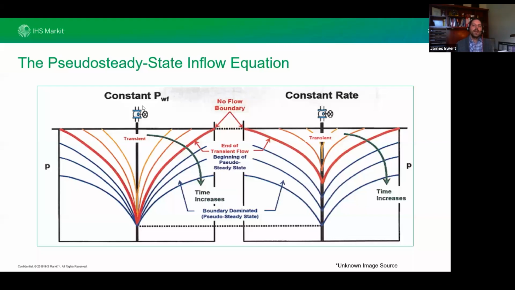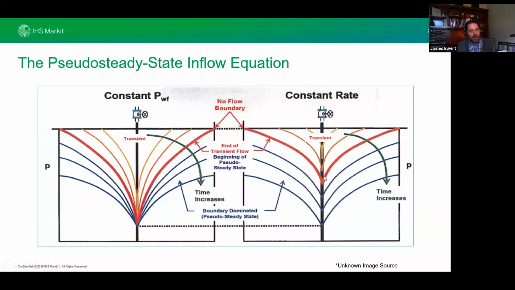Look at the constant rate system. The constant rate system appears to be more uniform. It appears to be more structured. And so let me describe to you what's going on there. In the constant rate system, instead of a flower opening up, we have the same curve, but it's going down in time. And so that pressure is going down, down, down.